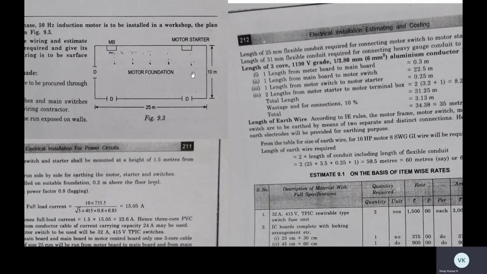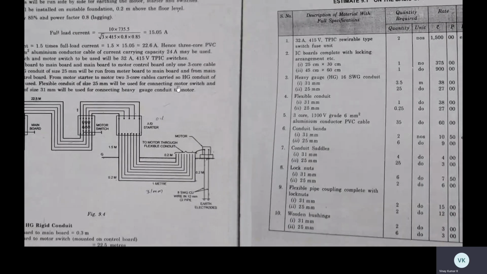We have to take the wires from the starter to the motor through the trench, which is dug below the earth. See here, which is dug below the earth. 1 meter, and 0.2 meter for again taking back, because we have dug inside, no? So that is taken out and giving supply to the motor. So from here, the 2 earth wires are separately given to earth. This is the total wiring of the motor.